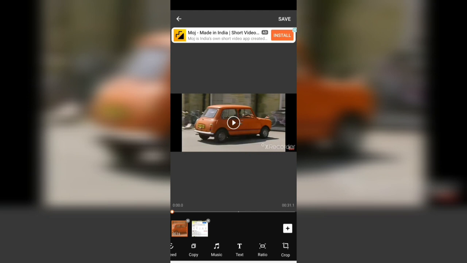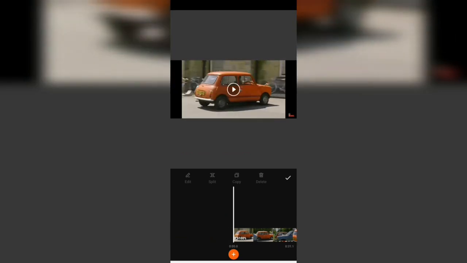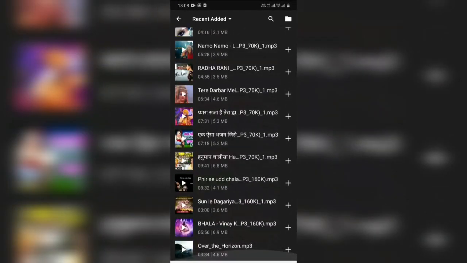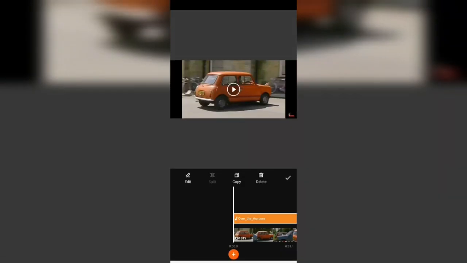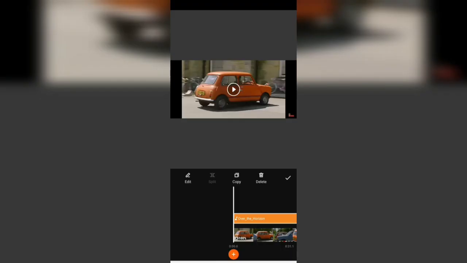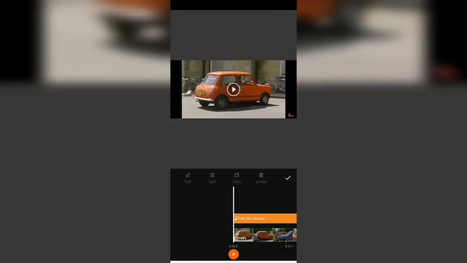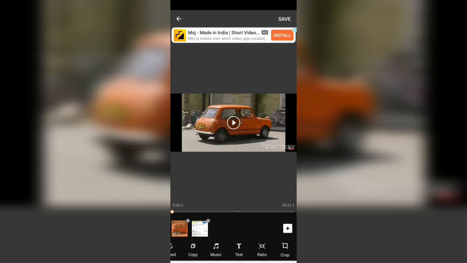Now you also have a wonderful option of music. I really like this option because music is really important, which makes our video much more interesting. You need to click on the plus option and you have a lot of music if you saved it on your music app. I'm going to apply this one, and after applying the song, you need to edit the song volume because it is too high. You just need to decrease it. Like that you can do it. After that you need to select the tick mark. I'm not selecting that one.